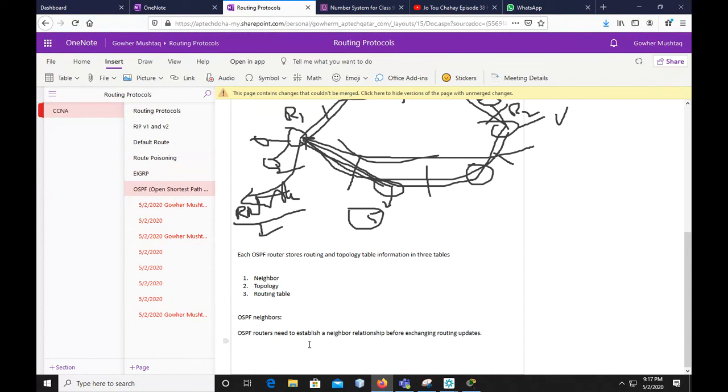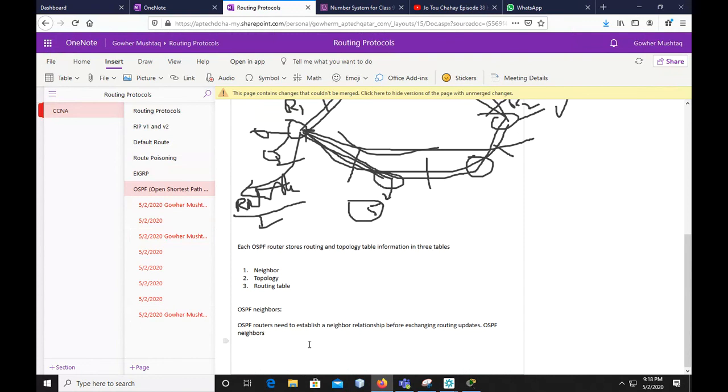You know it, because every router needs to do that. OSPF neighbors are dynamically discovered